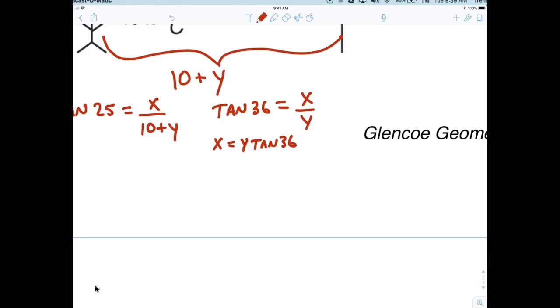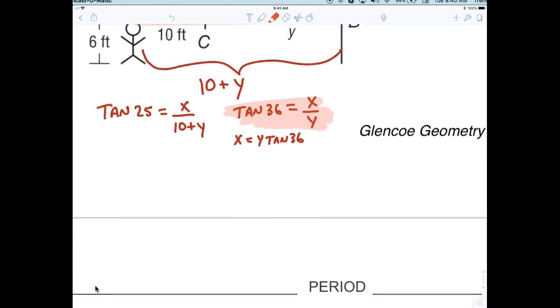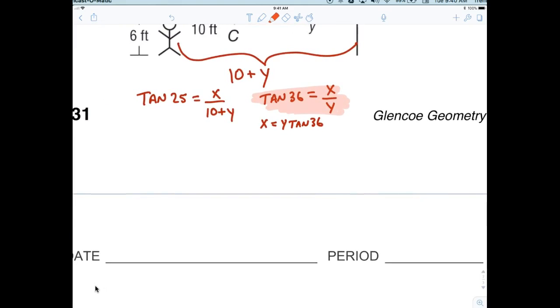Everybody agreeing with that? That's right. So I'm concentrating on this right here. All I did was I multiplied both sides by what? Y. Do you agree with that now? Okay, so now I'm going to take this right here